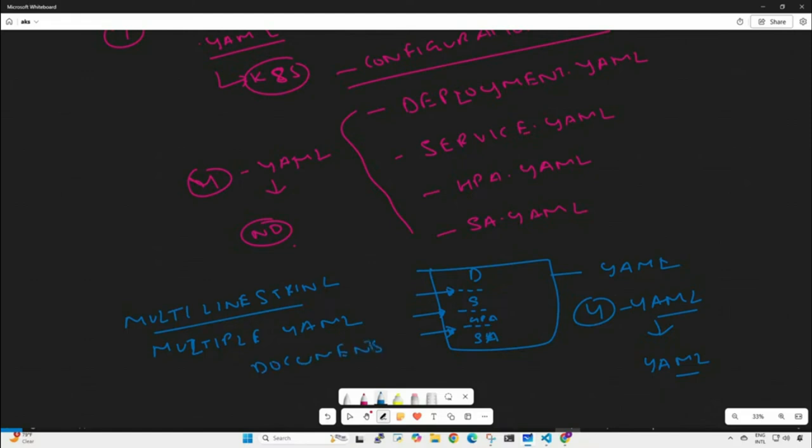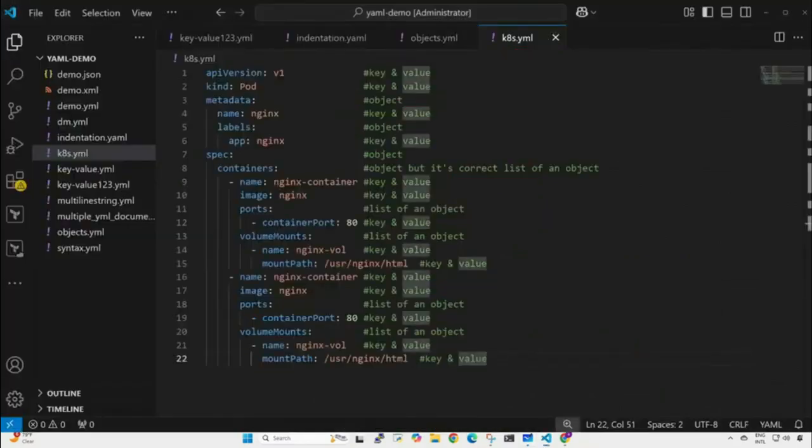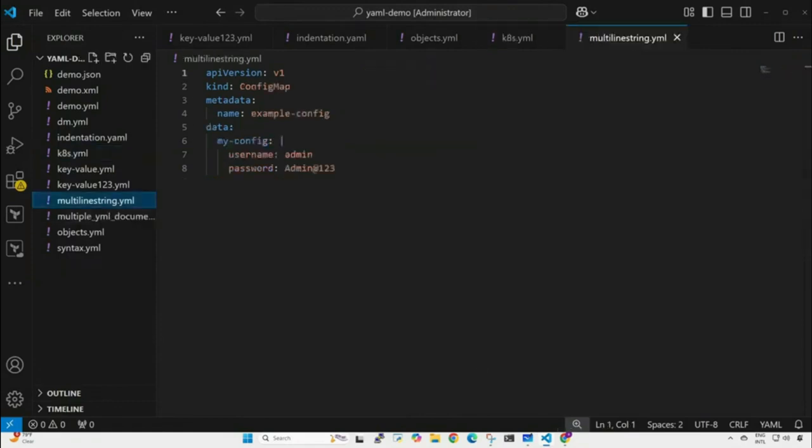I already have one file called multistring.yaml. If you see from line number 1 to 5, it should make sense to you. We already had a detailed discussion, but at line number 6, I have mentioned this pipe symbol. So what is the meaning of this pipe symbol? Line number 7 will be treated as the first entry, and line number 8 will be treated as the second